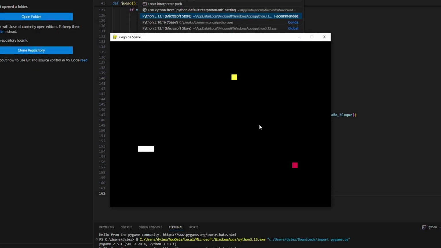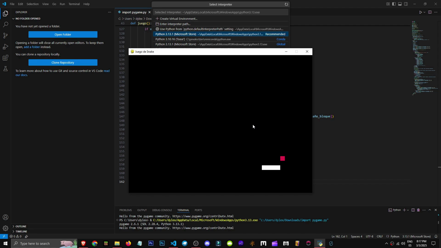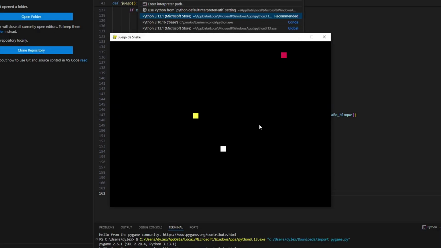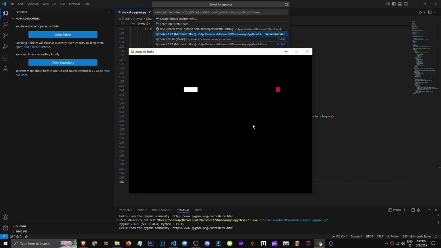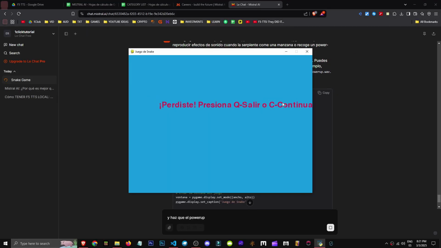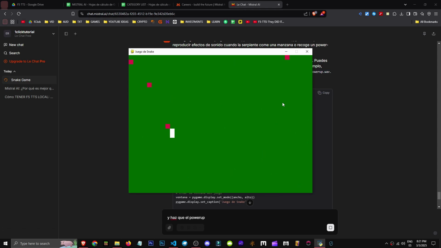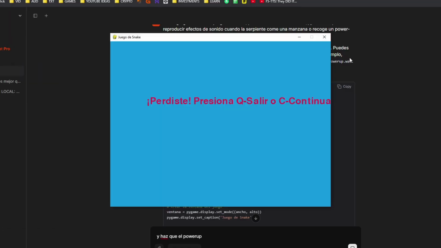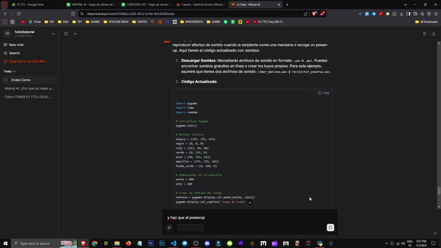The snake moves faster. For some reason, I don't know. There are no particles, see? And it's unclear what the power-up actually does. It keeps going. Well, we can see it's not perfect, but still, at least it added what I asked for, right? And yeah, the speed of programming is just insane, you know? Honestly, it finally managed to add particles. But hey, like all AIs, you gotta test them out. So yeah, that's how we can program now, okay?